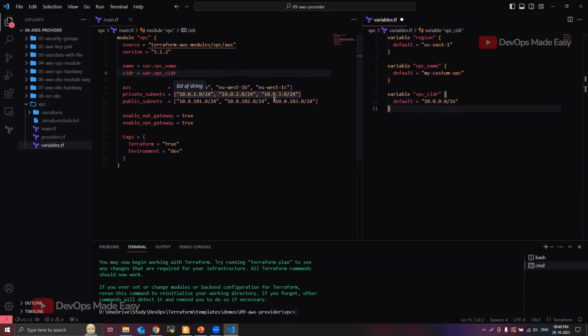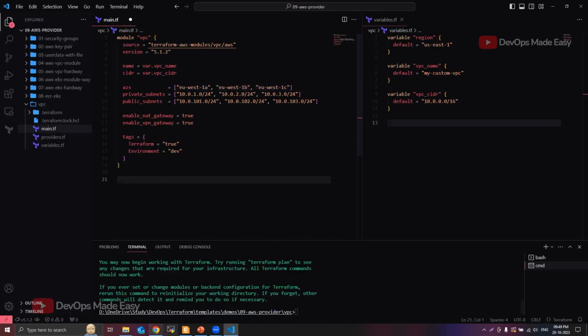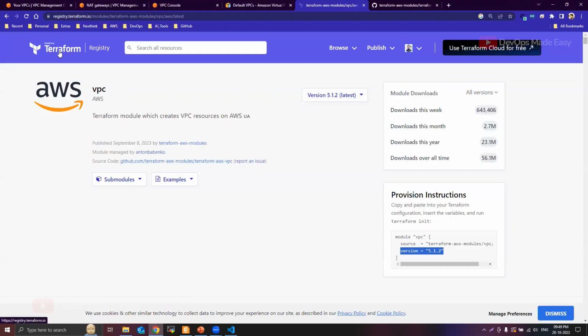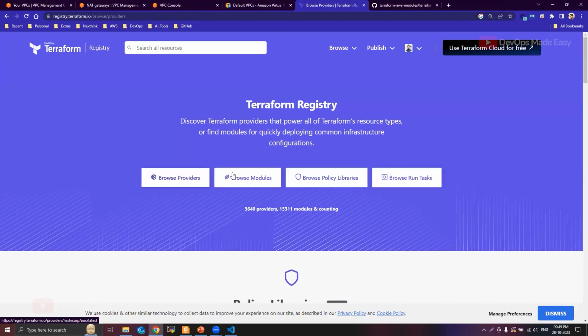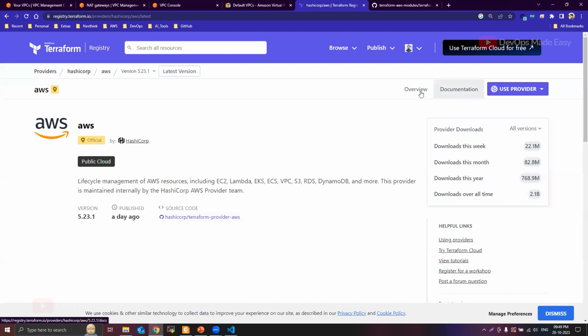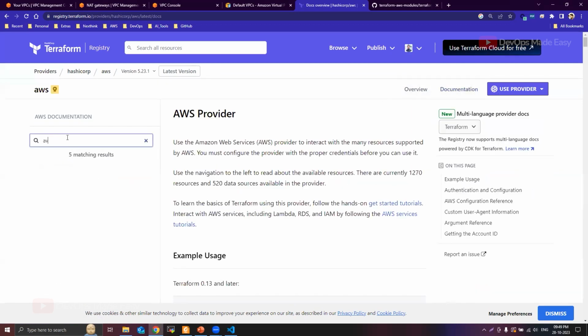Public subnets and private subnets, right? So I need to also use them as variables. But before that, see, these availability zones might change, right? I don't know what are available, because the region I set is us-east-1. I don't know what all availability zones I have. So for this, I'll take the help of the Terraform AWS provider. I'll go to the documentation, and then I'll search for